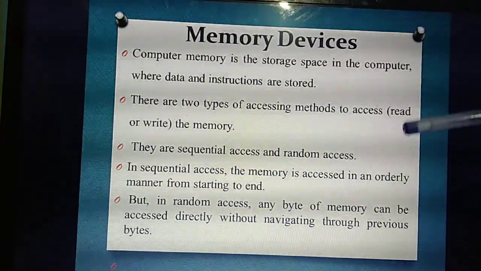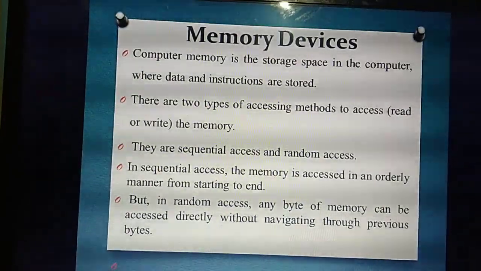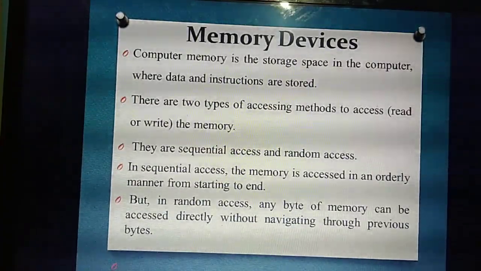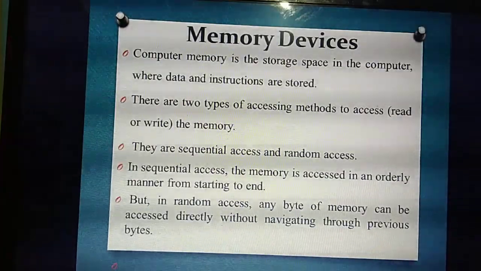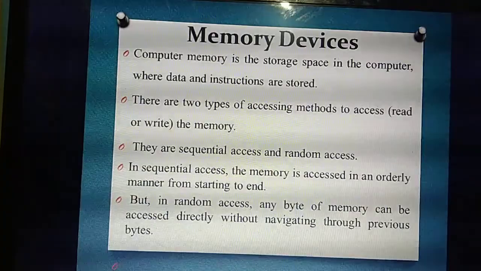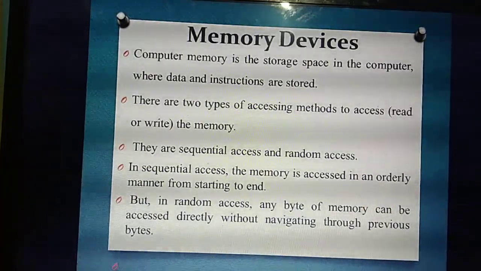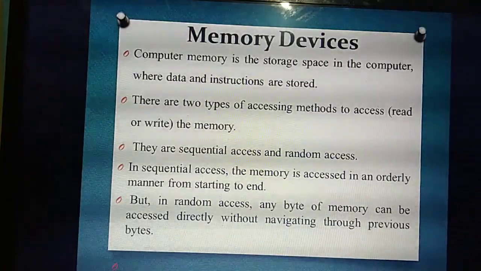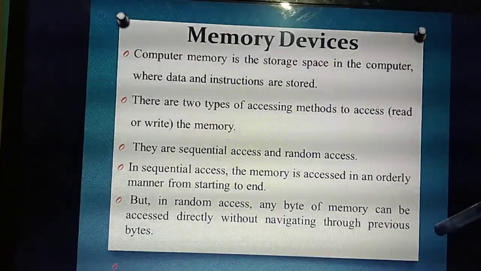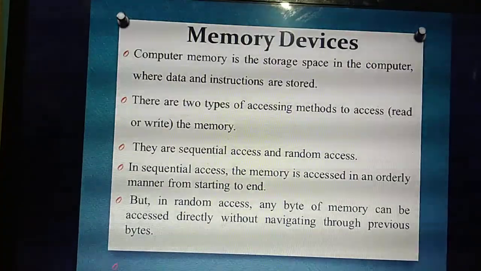Likewise, random access in the memory means any byte of the memory can be accessed from any place, not in any order. What do you mean by bytes? Zeros and ones. Already we have studied. I already showed one diagram in the program counter, no? Think of the same diagram. Any byte of the memory can be accessed, not in any order or based on any address. Any byte of memory can be accessed, maybe directly or through previous bytes. Okay, not in any order.